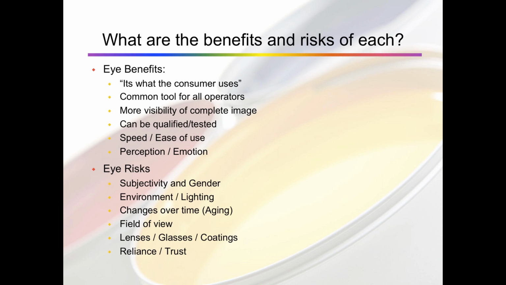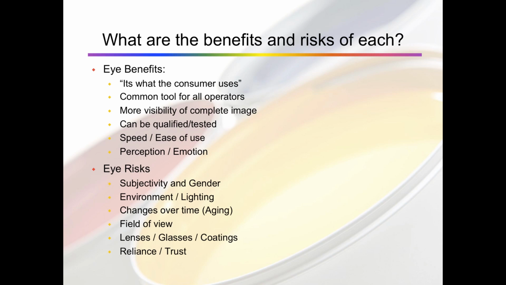Now, the eye also has the risk of the field of view. The eye sees a lot of information at a time, and it gathers a lot of reflectance at one time. So back to my example of that carton with a blue brand name and an orange background, that orange background is going to affect the way we perceive the blue, no matter what techniques we try to filter that out of our vision. So it's always going to play a role. Now, the spectrophotometer has a very small aperture that usually you can fit into all necessary areas and make sure that you're only including in your measurement the color that you're trying to control.